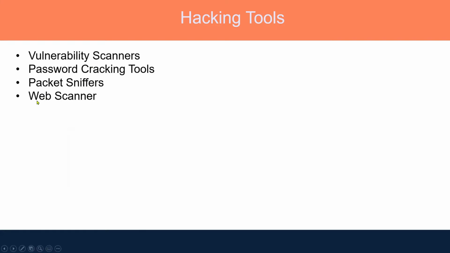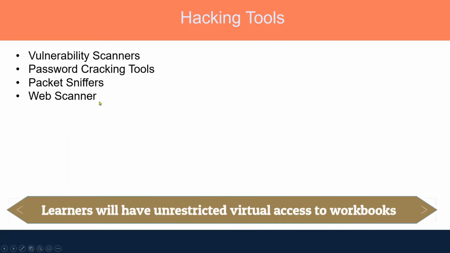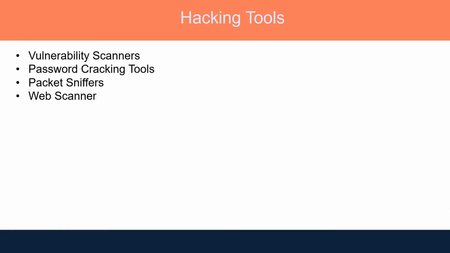There are tools for web scanning. When I say web scanner, if there is any website that is vulnerable and you want to find at which point that website is vulnerable, there are web scanner tools used for scanning the entire website. And if it finds a vulnerability at a particular point, it is going to let you know that this is the vulnerability, and then you need to think about how you can exploit that. Okay, so there are different tools that you can use for ethical hacking or hacking, I would say.